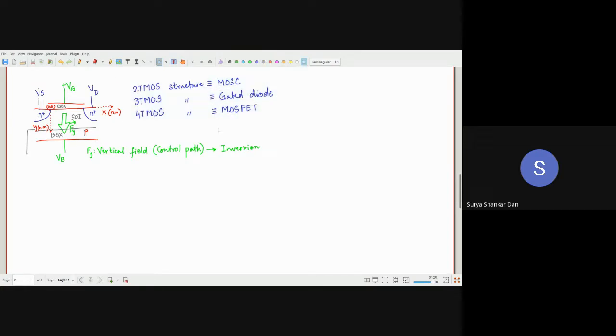In an SOI device, as you can see, 1, 2, 3, 4, 5, it will be a 5-terminal MOSFET. Now the presence of this terminal tells whether it is going to be a PDSOI, that is partially depleted SOI, or fully depleted SOI. This is a 5-terminal MOSFET. We will look into that much later. What we shall do right now is begin with the very basics.